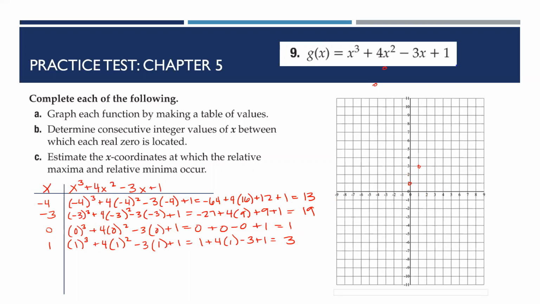Okay. All right. And then do one more. Do 2. 2 cubed plus 4 times 2 squared minus 3 times 2 plus 1. I end up with 8 plus 4 times 4 minus 6 plus 1. I end up with 19 over here. So that when x is 2, y is 19 up here. Okay? All right. So that means when I graph this out,